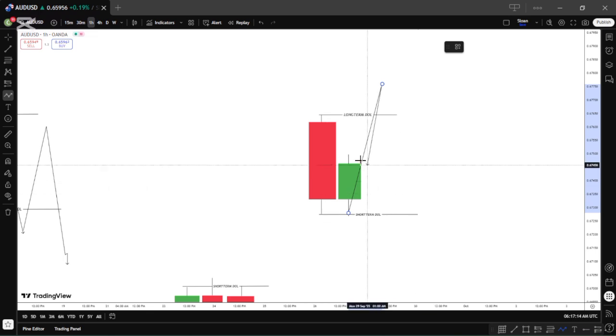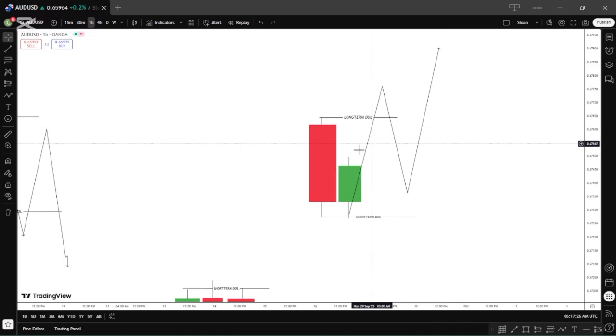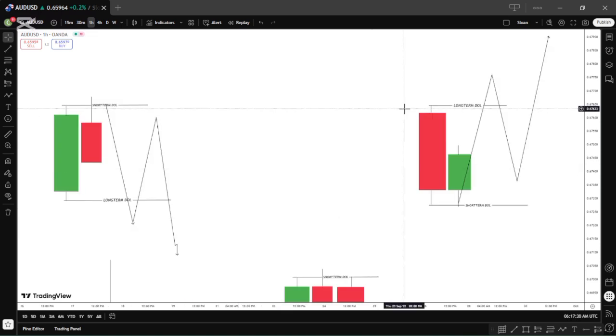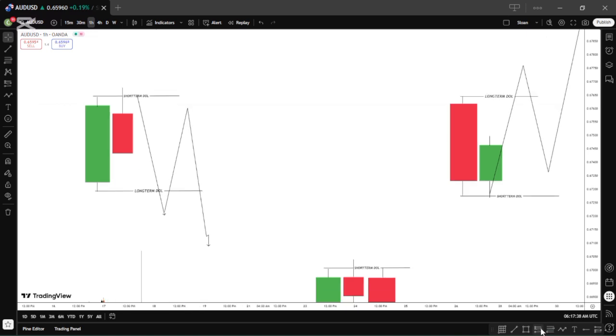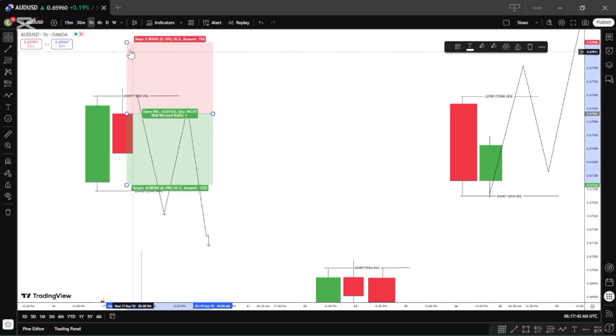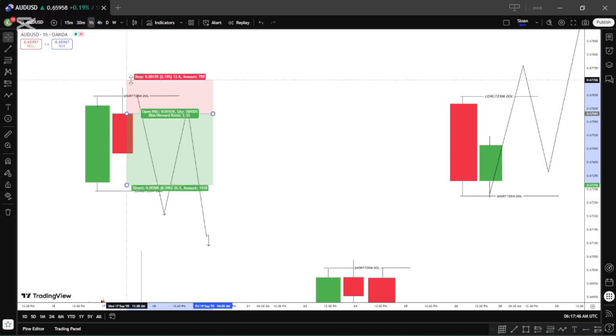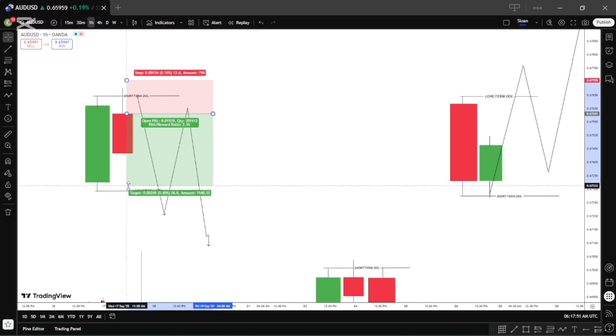This will serve as a very good key level because this is the last candle that started the retracement. So eventually the market does this, taps and continues in that same direction. This has shown us our long-term drawn liquidity where we can target, and our short-term drawn liquidity where we can set our stop losses. In order to show this very well, let me quickly do a markup. So we set our stop loss slightly above the sweep of the short-term liquidity and take profit on the long-term liquidity,